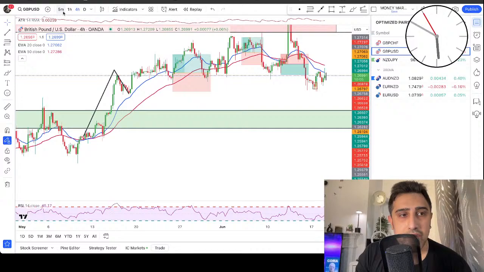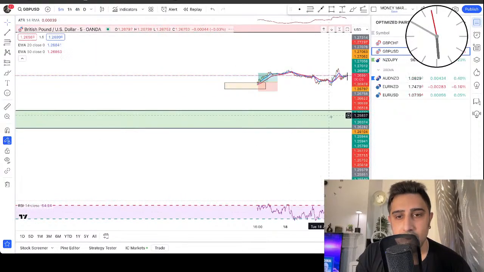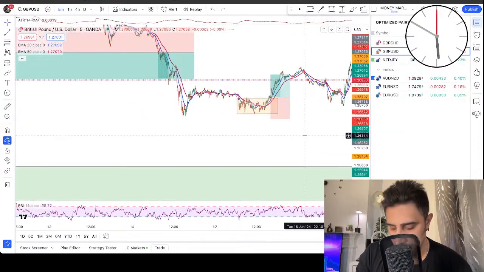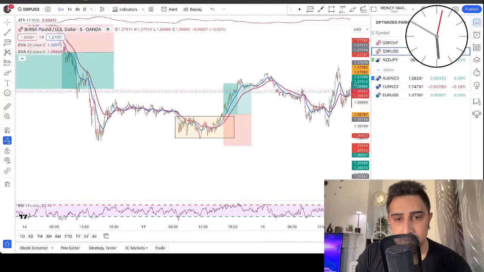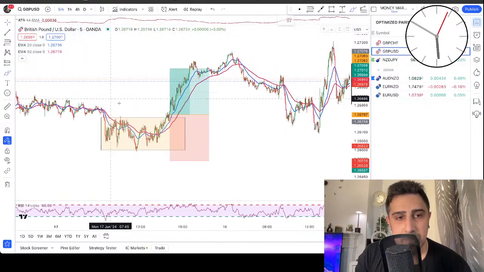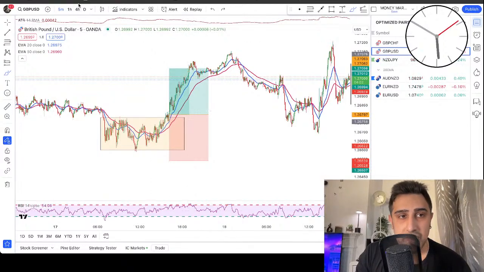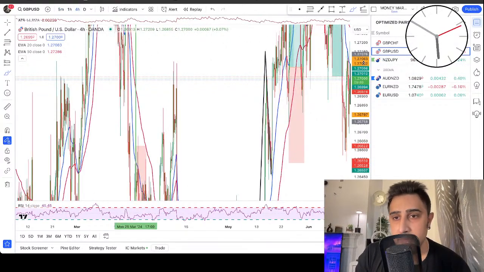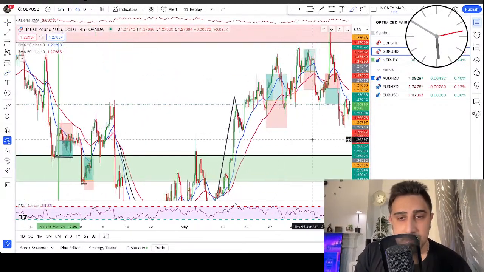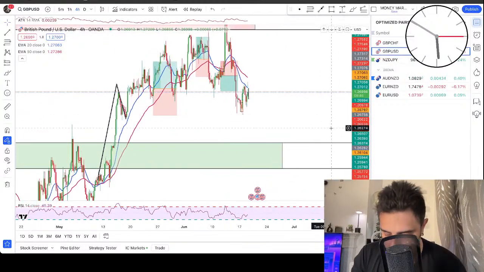Yeah, here. So yesterday we took this trade on the 5 minutes time frame, right here. That was a quick scalp, and we took some crypto trades as well, a scalping session. I'm planning to do a scalping session as well very shortly, very soon. So that hit the targets.